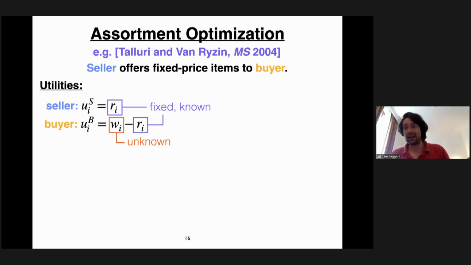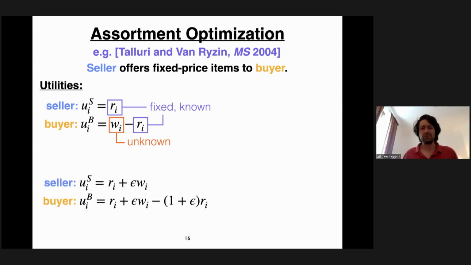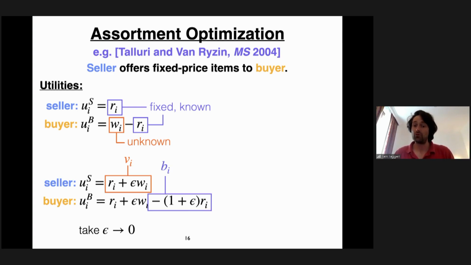Because we had the values shared before. But if you massage this a little bit, take some really small epsilon and rewrite the utilities like this, you can still get it so that there's a shared unknown value term in both people's utilities, and there's a known bias term that's fixed in the buyer's utility. And the buyer in this model with this epsilon here is going to behave exactly like they would in the model at the top. So this almost shows that we can capture all of utility-based assortment optimization in this model